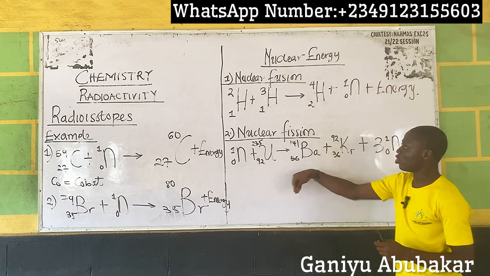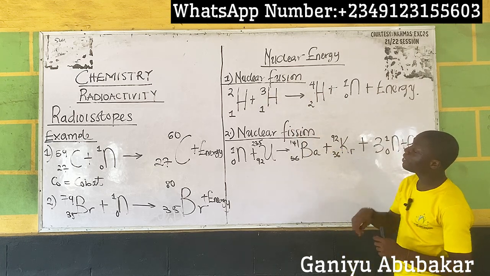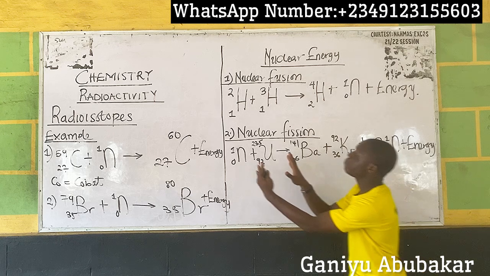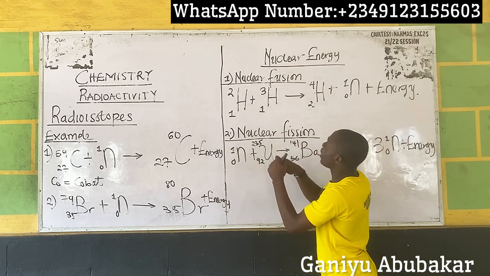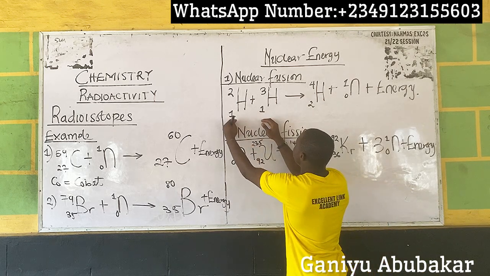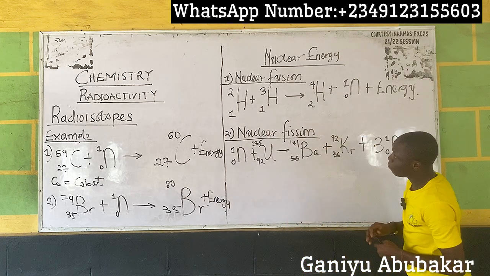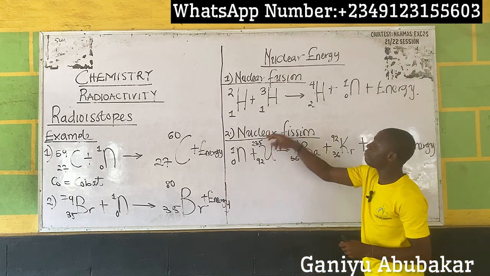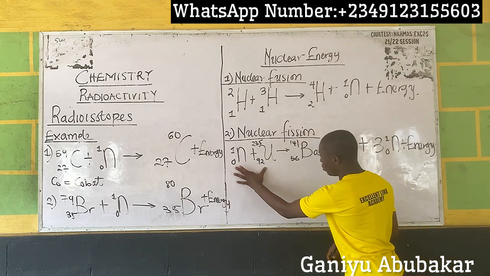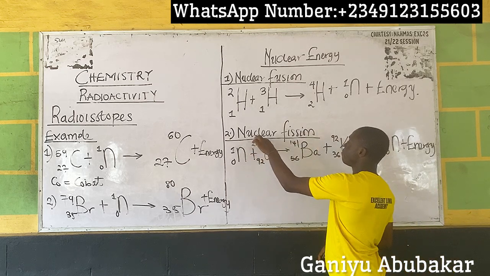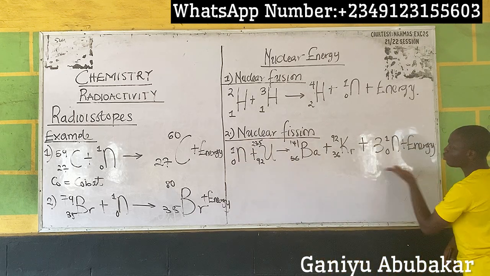For nuclear fusion, here's the concept: I have smaller elements combining to give a bigger element. That's the opposite of nuclear fission, where I have a bigger one, like 235, being split into smaller